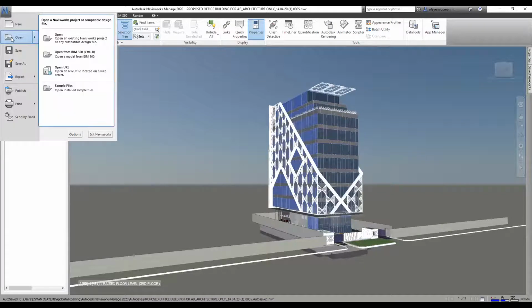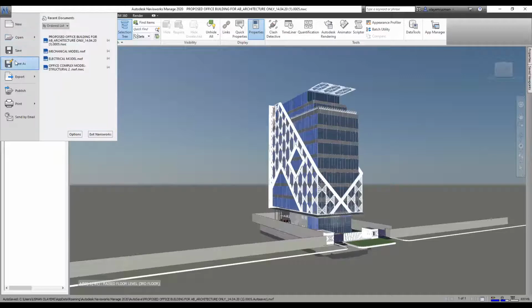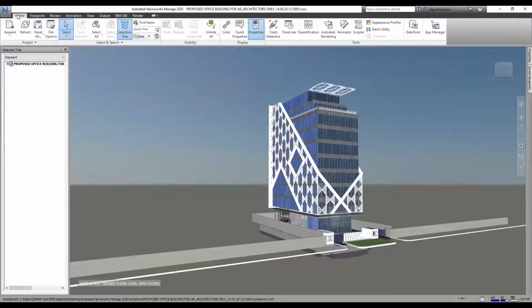You can see open. It's just like our normal, all of us are familiar with at least Microsoft Word. So we need to understand, you just go to the file here, go to open and go to the file selection and click on open easily. And this is a save button, as we all know, we don't need to talk more on this. This is save as and the likes. So this is the next tab here, it is